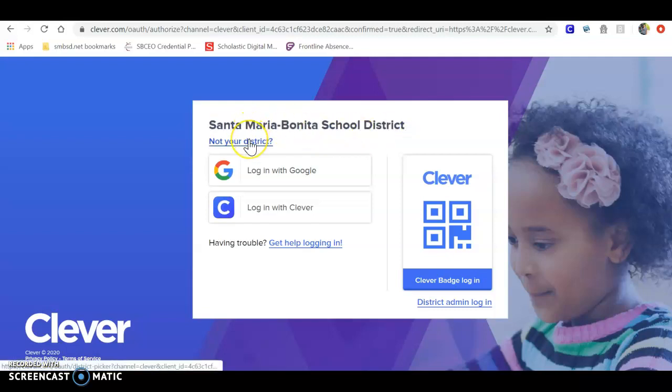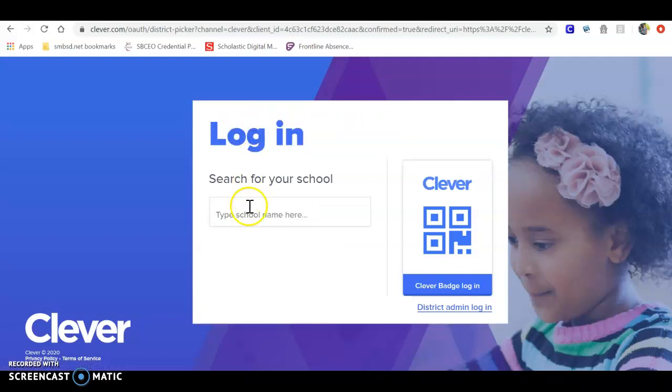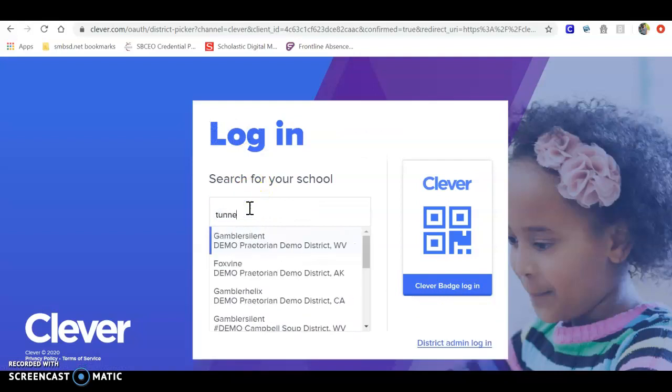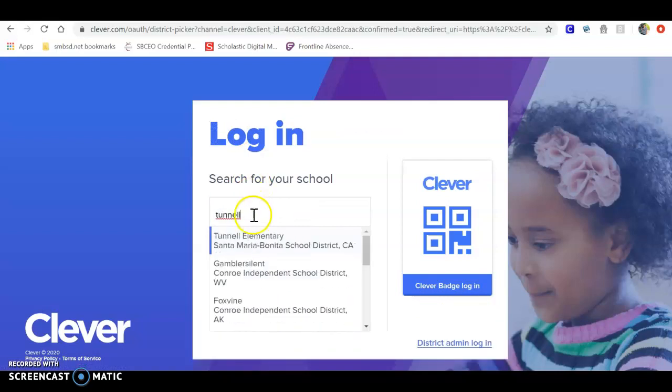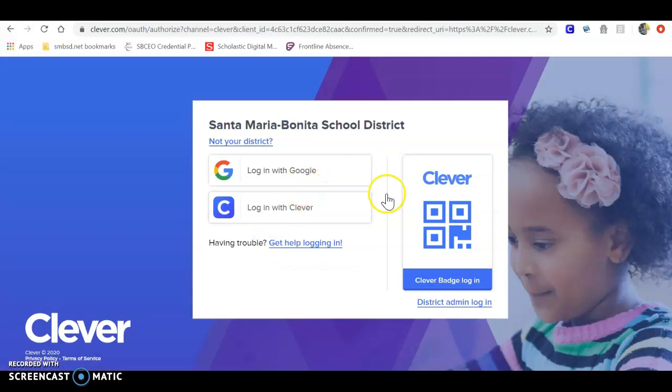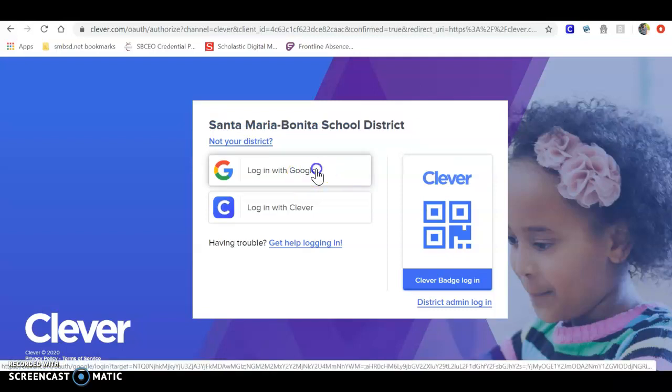If it doesn't, you want to click Not Your District, and then you're going to type our school name, Tunnel, and it should pop right up. But you want to make sure that this says Santa Maria Bonita School District. And then you're going to click Log In with Google,